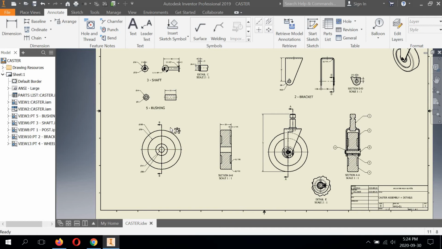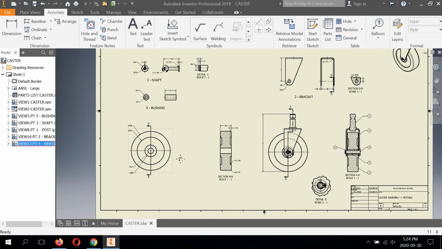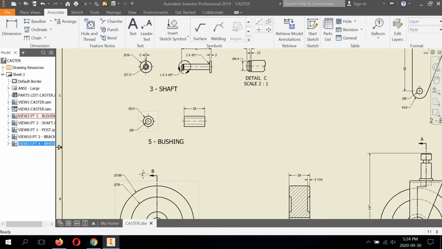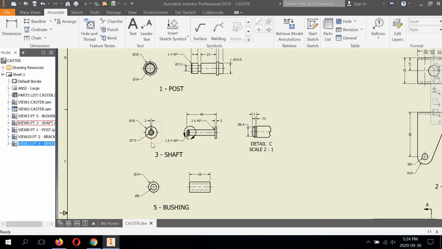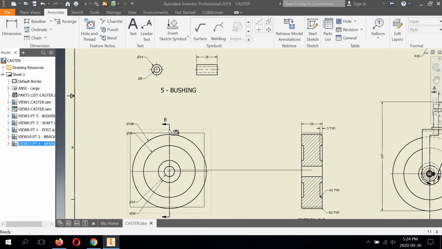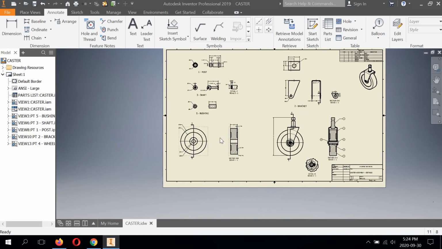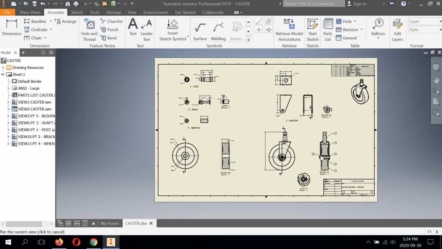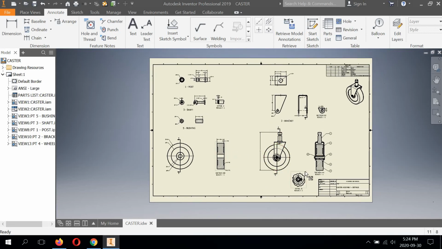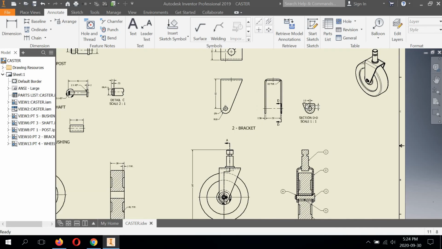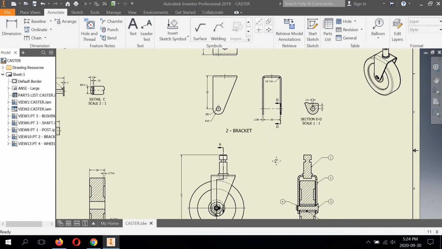The distance between the wheel in the front and right side sectional view should be similar to what we see in the assembly. So we have our detail view here, a section view of the keyway to dimension it,